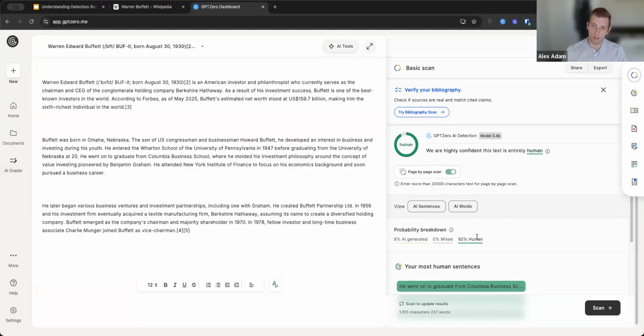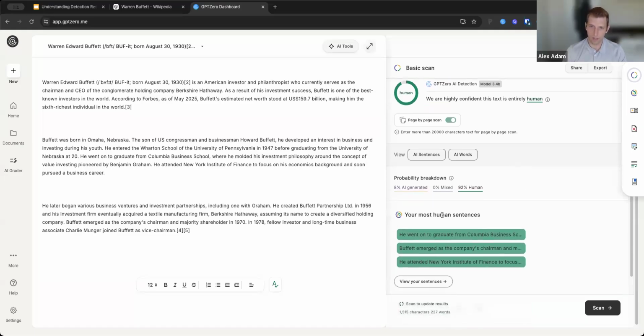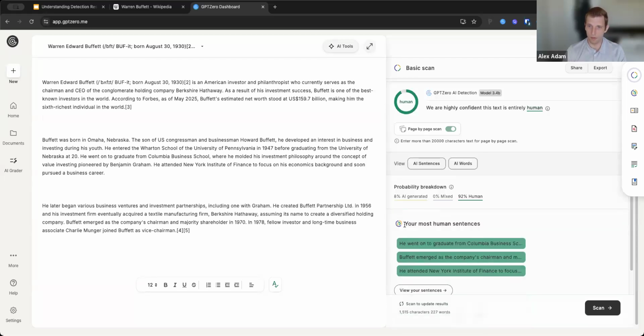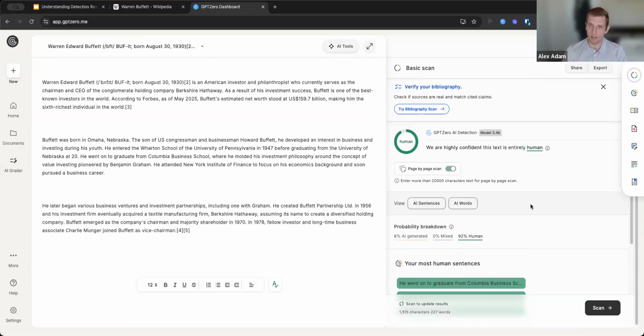So we'll say, okay, we're 92% confident that this is purely human, maybe 8% confident that it's AI generated, and 0% confident that it's mixed. Like I said before, we'll get into what mixed means shortly. And then you can also see things like your most human sentences. I'll also explain what that means in a bit.